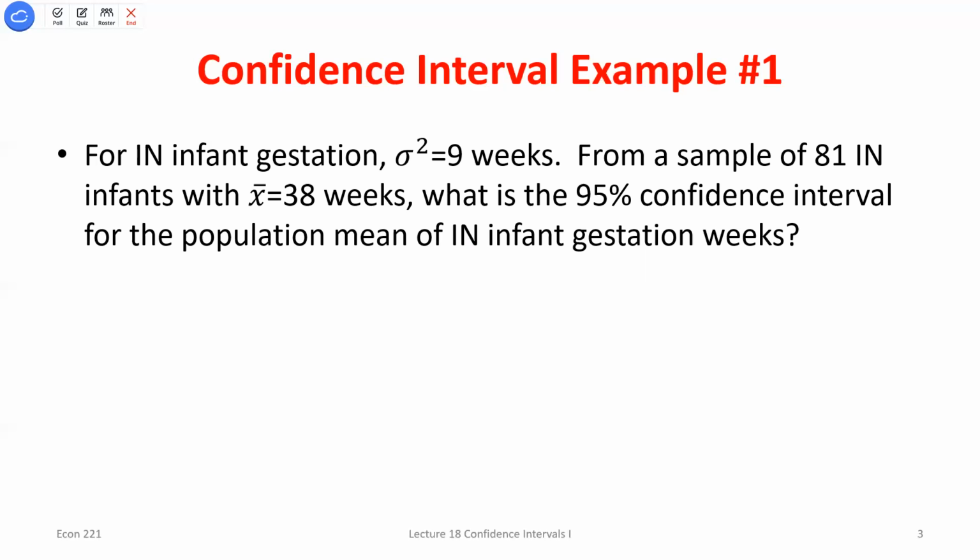Okay? So we somehow know that the population variance of the length of pregnancy is 9 weeks. We take a sample of 81 births and we see that the average length of those pregnancies was 38 weeks. What's the 95% confidence interval for this? Okay? So once again, the first thing I want to think about is